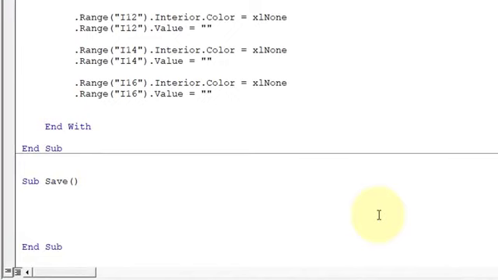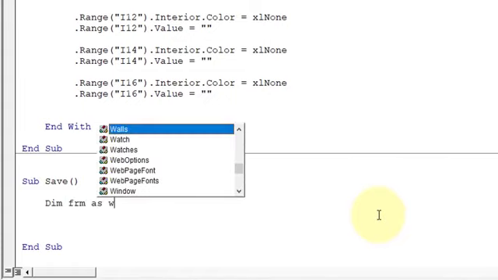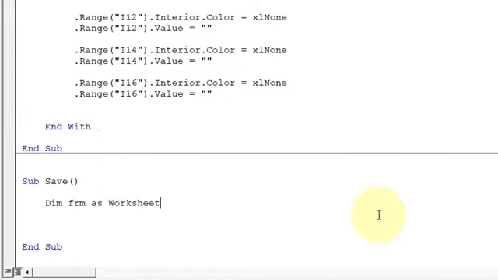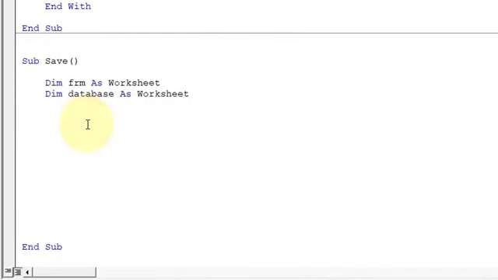So let's declare some variables first of all. So Dim frm As Worksheet, again another Dim database As Worksheet. Okay, and now we need to declare two more variables. So Dim iRow As Long, Dim iSerial As Long. Okay,